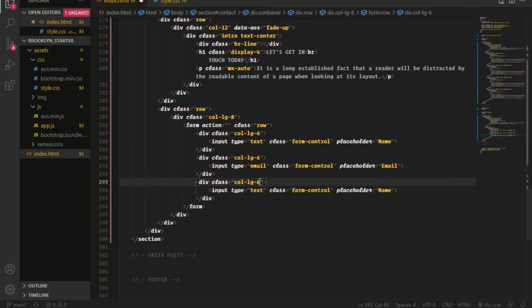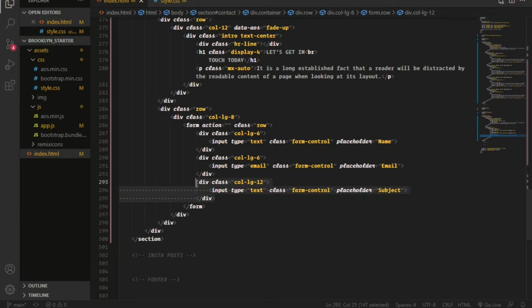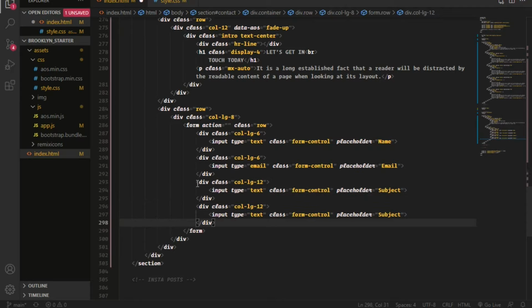This will cover 12 column space, and it's going to be subject. I'm going to duplicate this column, and I'm going to put a text area here,